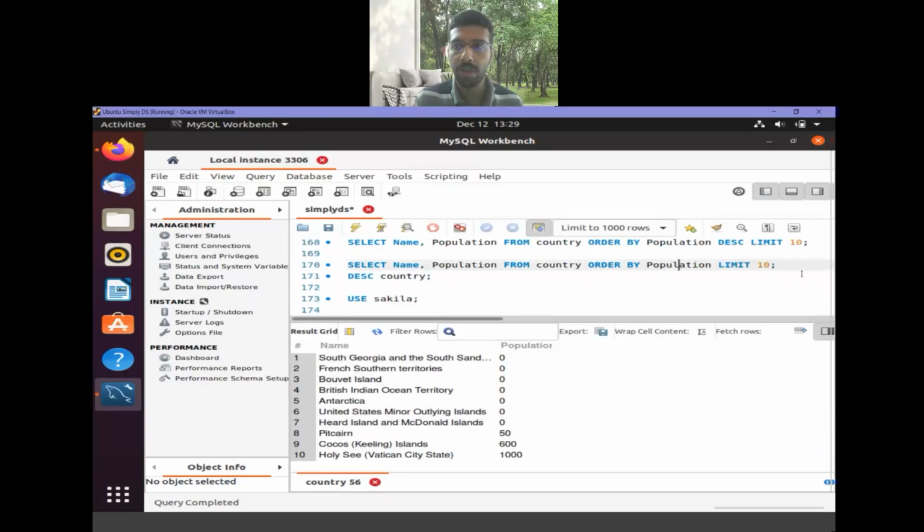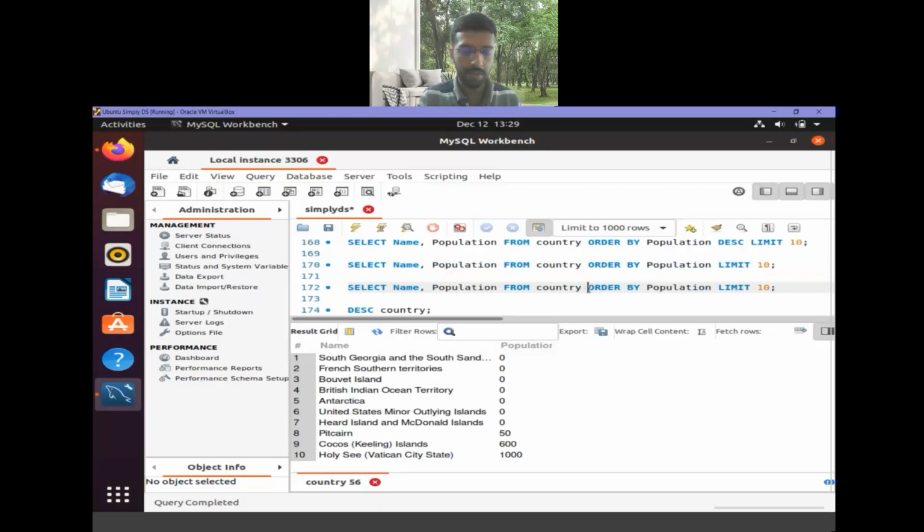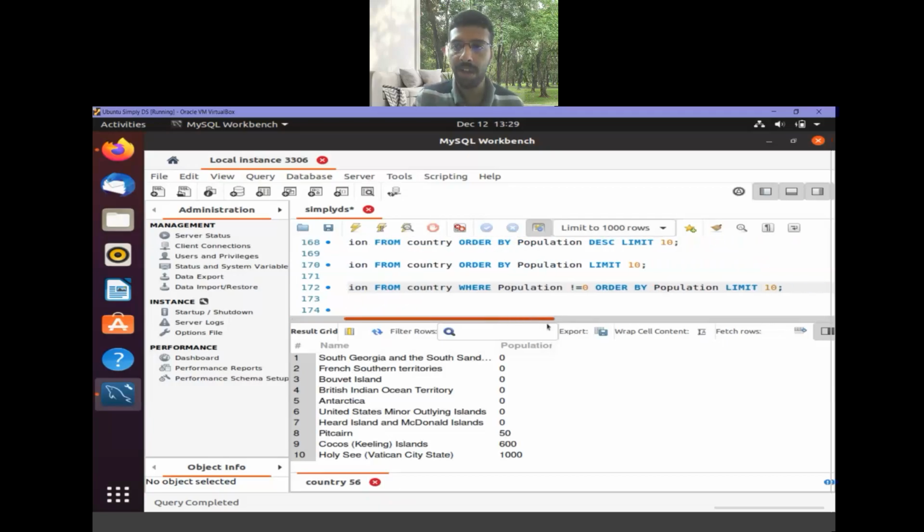I can add a WHERE clause here: select star from country where population not equal to 0. It will select rows with population not equal to 0, order them by population in ascending order, and give me the first 10 entries using the LIMIT 10 statement. Let's run this.